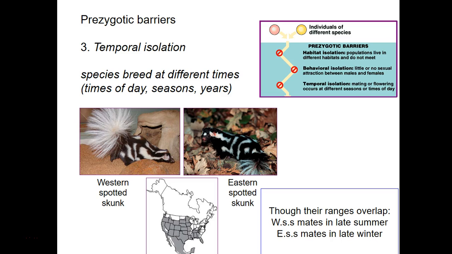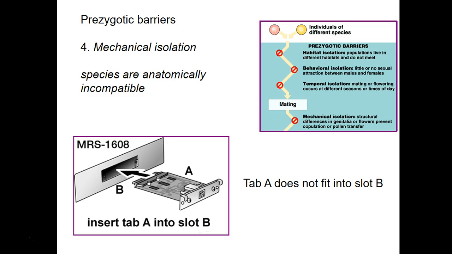This is found in plants, this is found in animals. Many plants only flower or blossom at certain times of the year. Just think about cherry blossoms in Washington, D.C., or Palo Verde blossoms in Arizona. The skunks, there's a western one and an eastern one. Their ranges overlap, but they mate at different times of year. The timing of when they mate has got everything to do with food availability for their offspring once they give birth. So there's some natural selection for when you're going to be breeding.